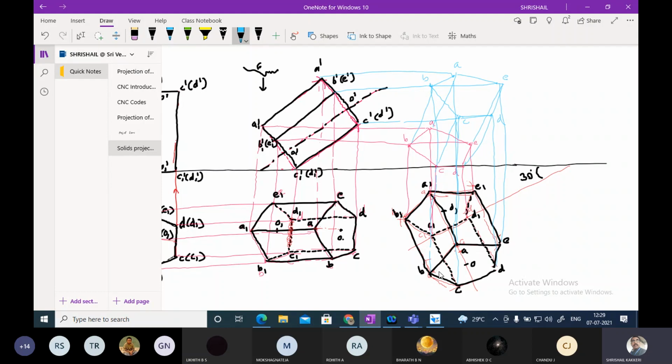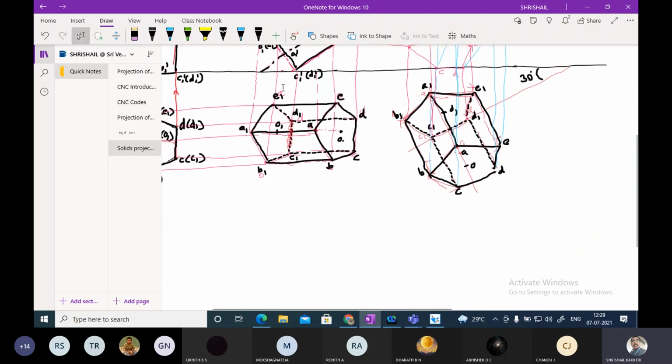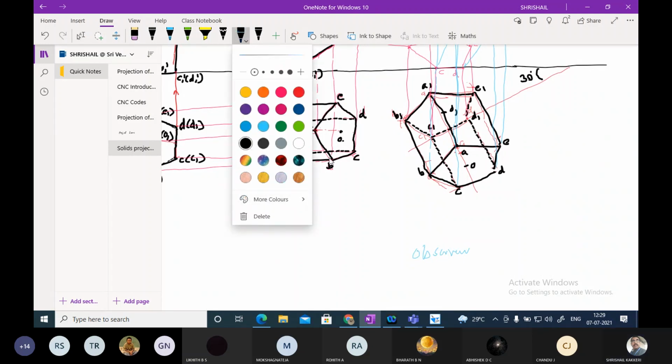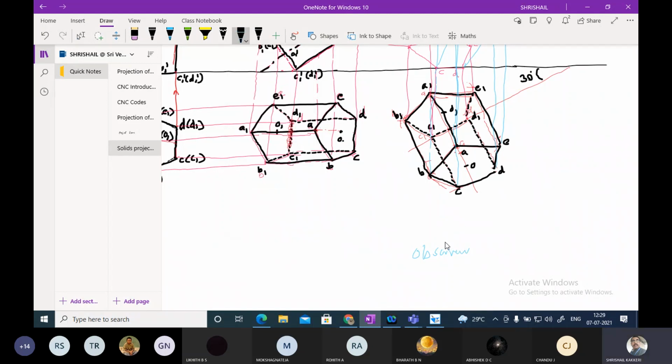Now please look at this. Here in this case, this particular corner, if I look at this, the observer is standing here. The observer is looking from this end.